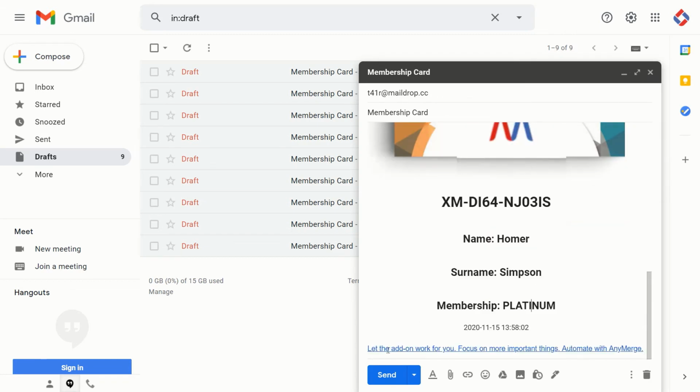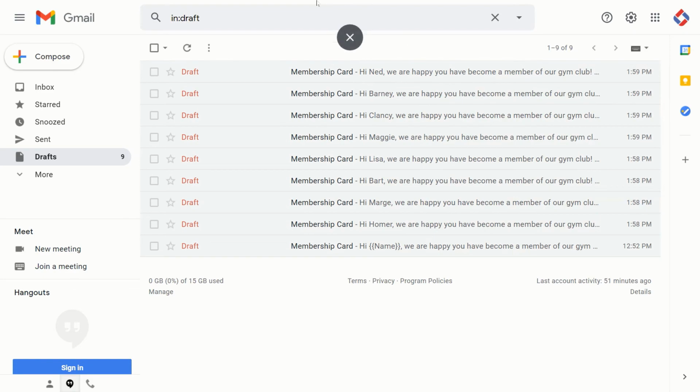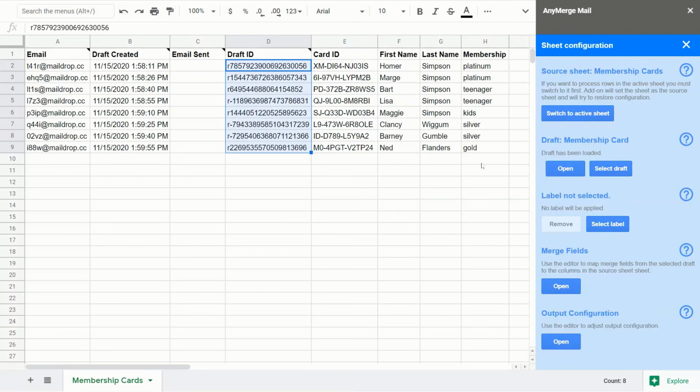This is added by the add-on. You can use the add-on absolutely for free, but in your free plan, the add-on adds this link at the bottom of each message. If you would like to get rid of that, you need to buy either a day or 30-day pass, but in your free quota or free plan, you can use the add-on absolutely for free. You can use all its features, but there are links in each email created with the add-on. Okay, so if we go back now to the add-on,